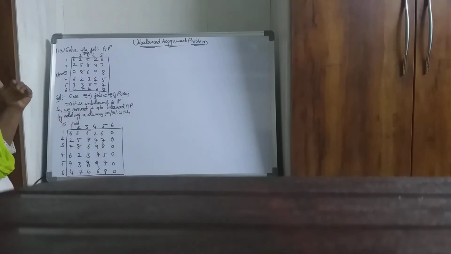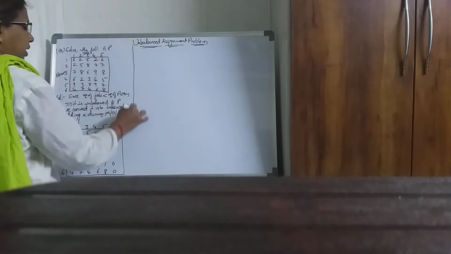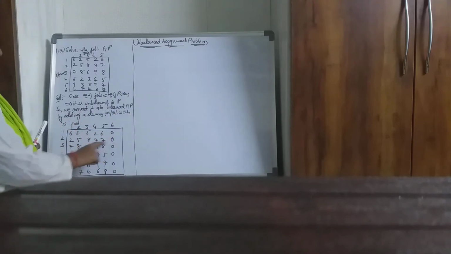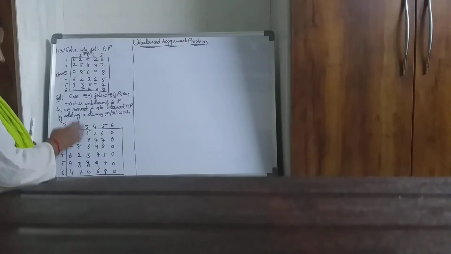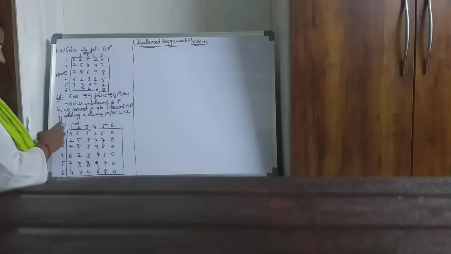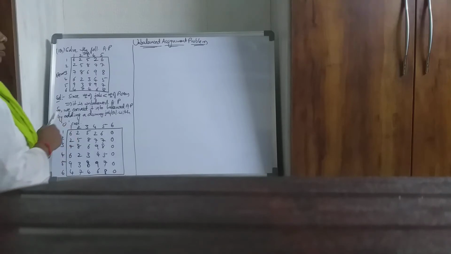Now go to the first step. What is the first step in the Hungarian method? You have to check whether each row and each column has at least one zero or not. Here you can see each row already has one zero. So go column wise. Only the last column has zeros, the other columns don't. So from each column select the minimum and subtract that minimum from each element of that column only.